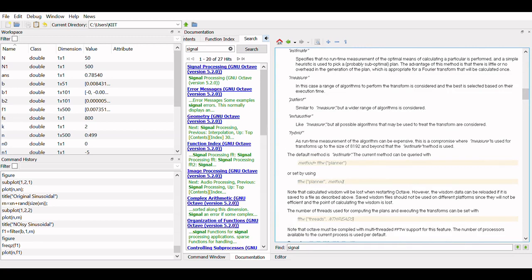Let's go to the GNU site, Octave help, the Octave SourceForge repository, where I can search anything. At octave.sourceforge.io you can do the installations and find the support and help packages for Octave, right?